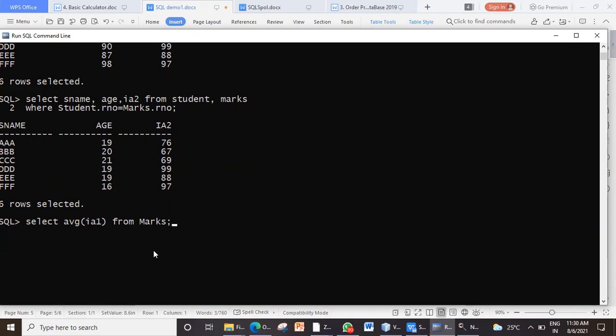So remember, aggregate functions work on a particular column's values and provide a single result. The average score for IA1 is 79.16.